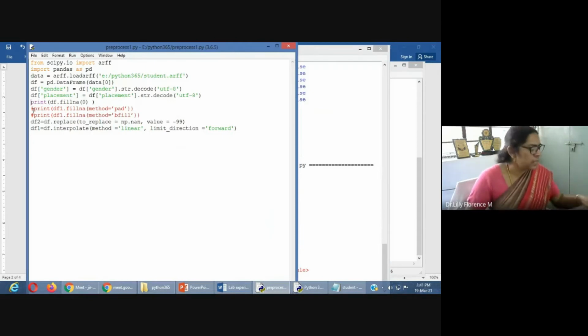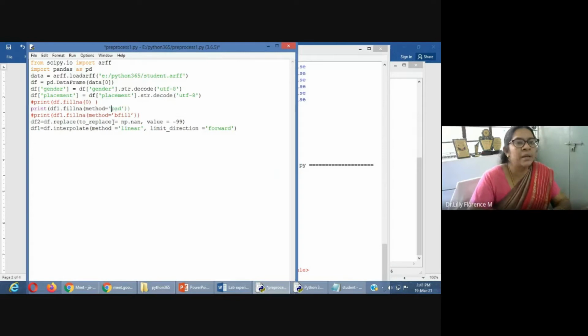Another method: simply filling with some constant may affect your end result. So what we can do is fill the missing data with related data, that is, data already available in our data set. For that, we use fillna with the method name pad.